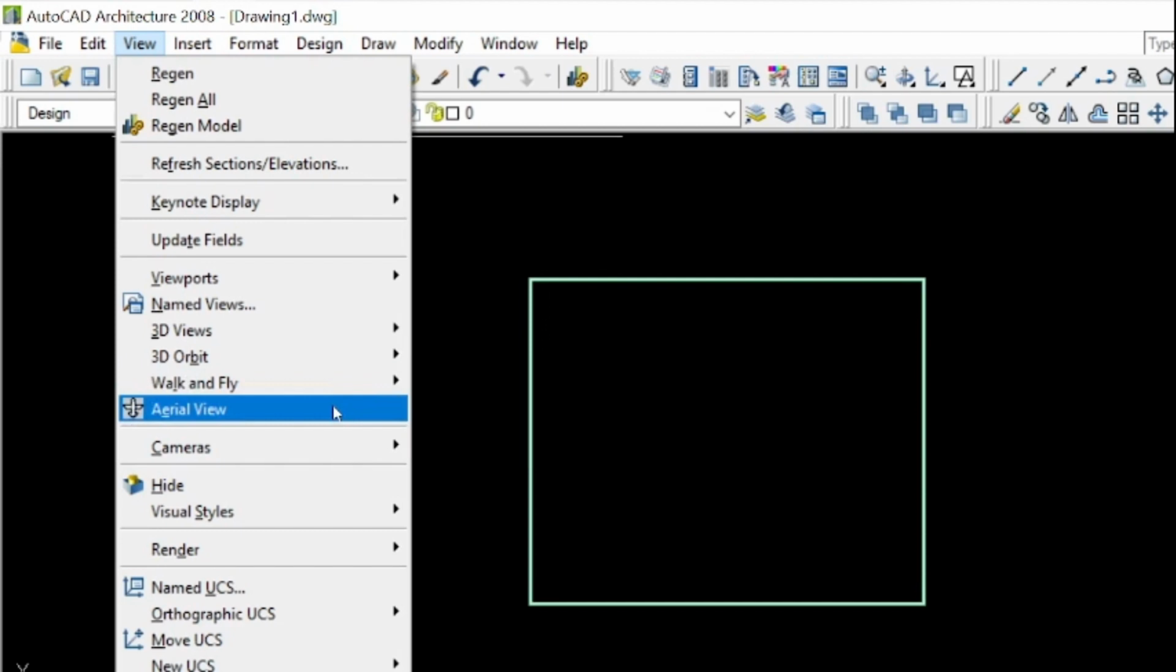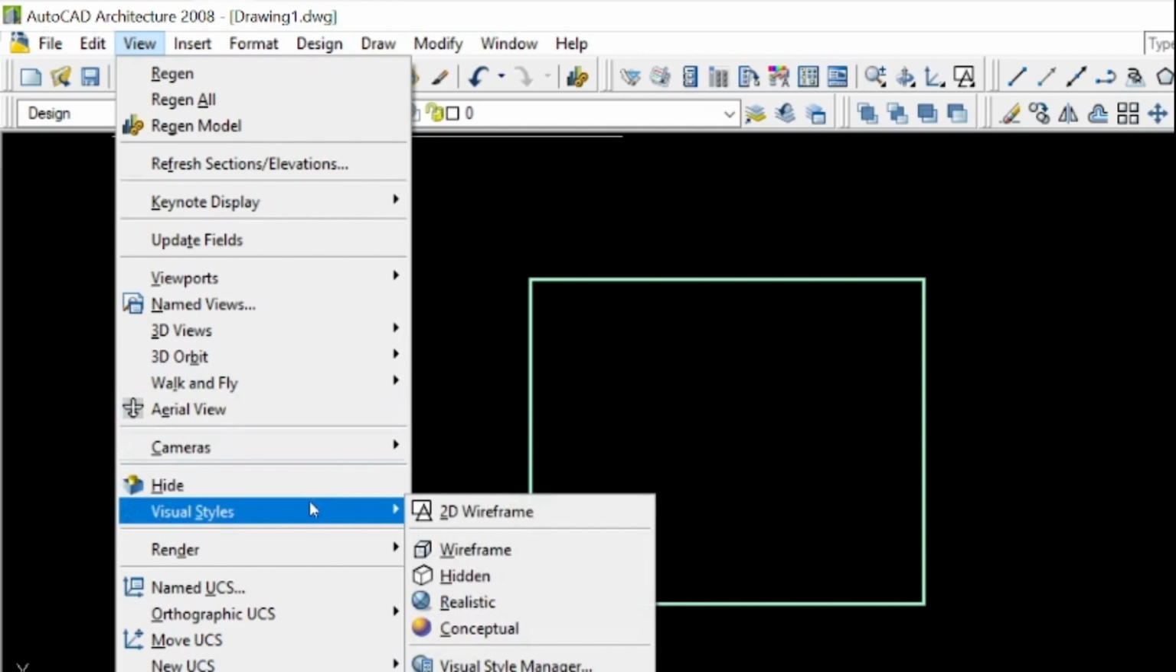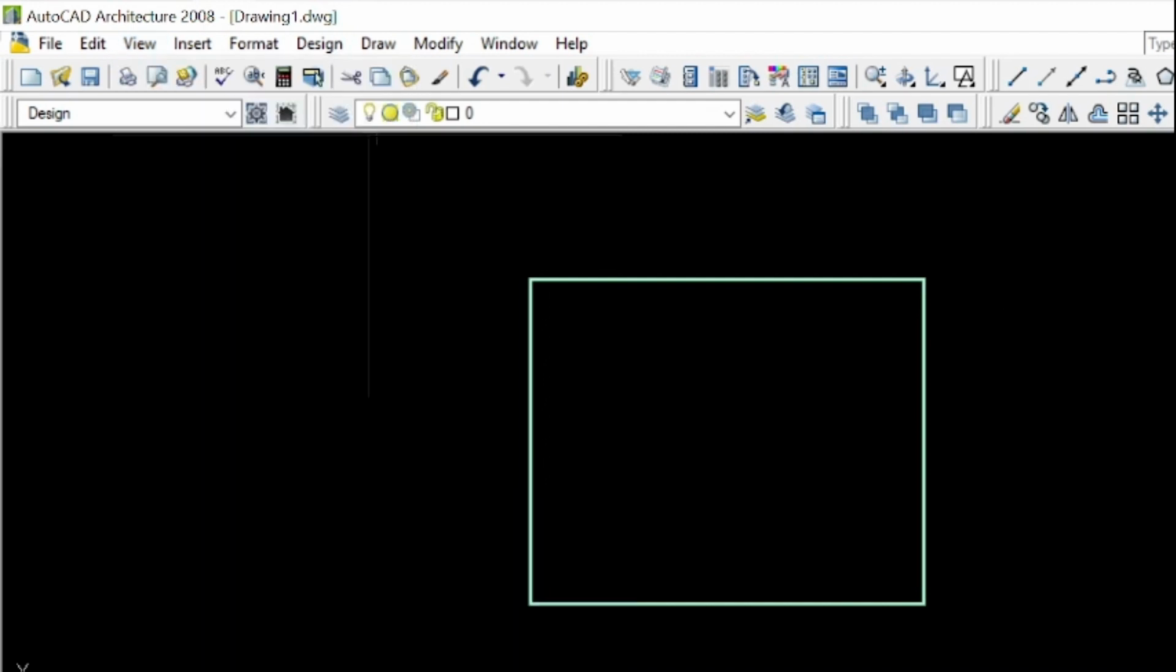And then we have our aerial view, cameras, height, visual style. In the visual style, we have our 2D, and well, this is in a 2D form. This is in a 3D form. We have our wireframe, our hidden, our realistic, and then conceptual. With the wireframe, it shows us lines. Hidden. Okay, let me show you in the